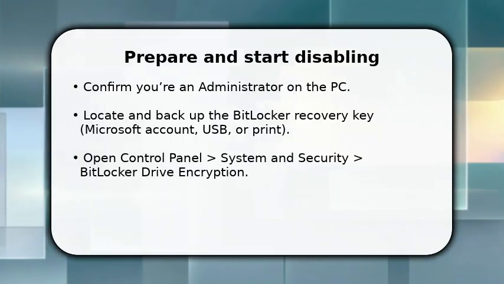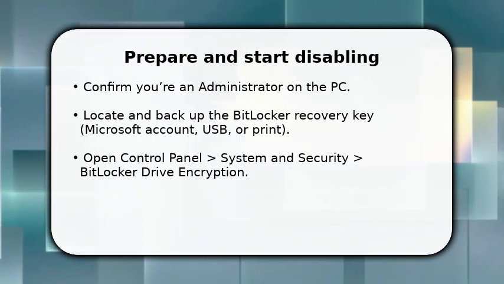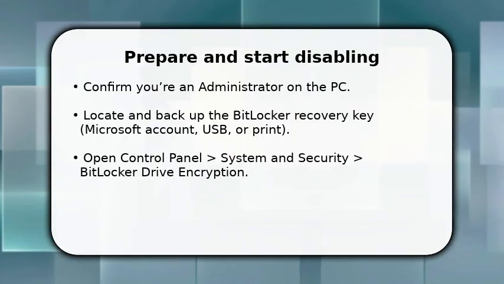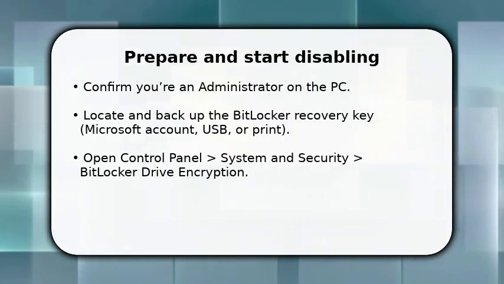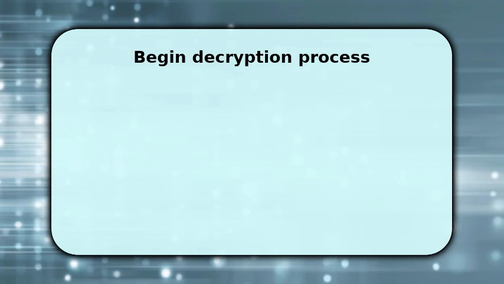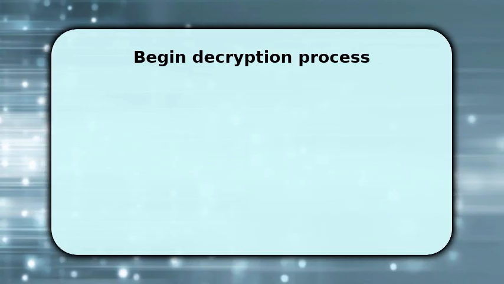Now begin the process by selecting the drive and choosing Turn off BitLocker. This initiates the first step to decrypt. You're doing this to remove encryption for compatibility or performance, so proceed when plugged into power and with a recent backup. Once you choose Turn off BitLocker, Windows will queue decryption and begin converting the drive back to an unencrypted